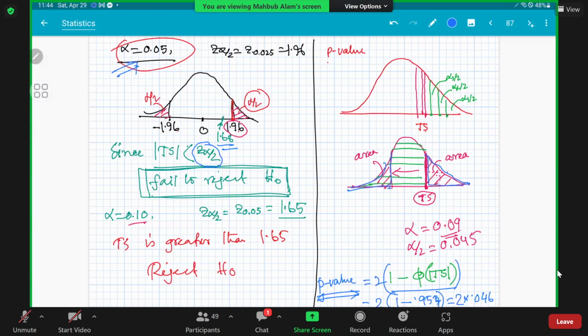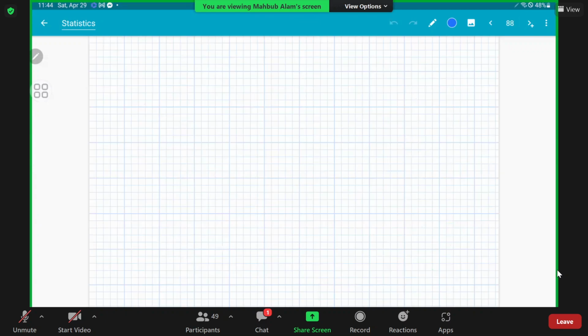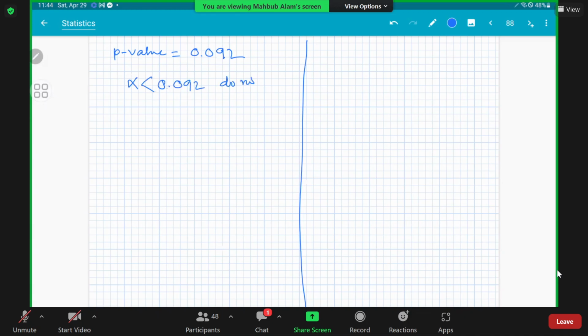For example, if your p-value is 0.092, so as long as alpha is less than 0.092, we do not reject the null hypothesis. If alpha is greater than or equal to 0.092, we reject